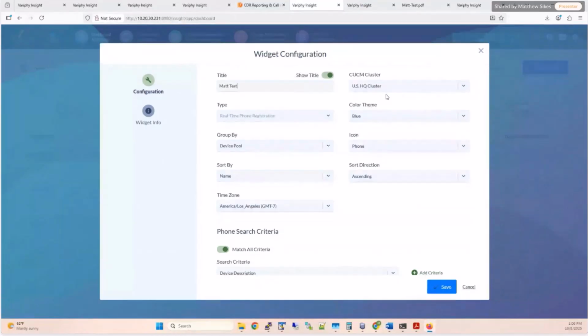The type is going to be kind of locked down because it is very unique and special. So it's not going to be able to go ahead and change that on the fly. That's why this cell is kind of dim, meaning that you cannot change it, while on some of the other historical ones, you certainly can. But a lot of the other stuff is going to be pretty familiar: color themes, icons, a sort direction as